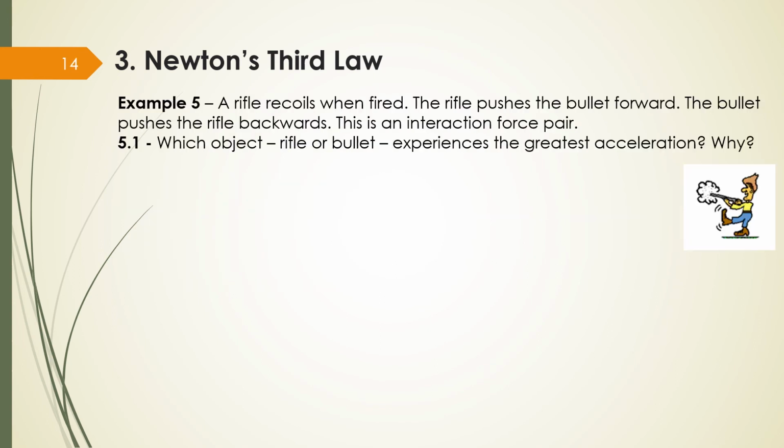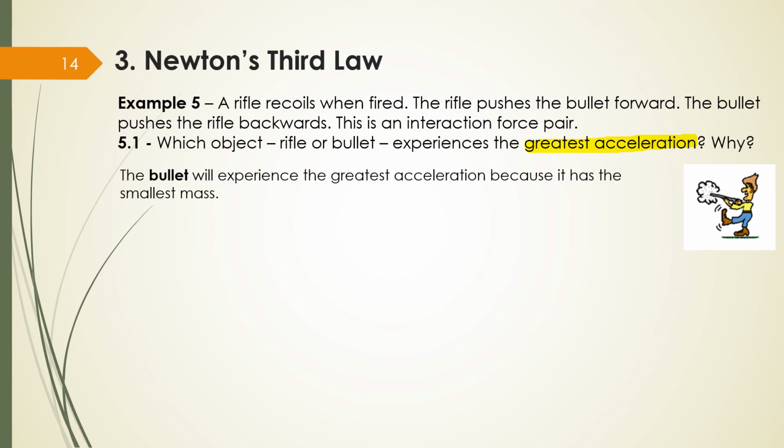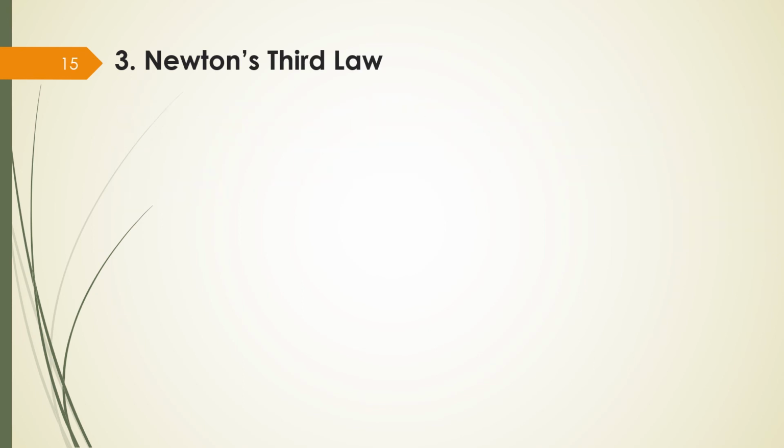Now the same question. Which of them has the greatest acceleration? The bullet or the rifle? The bullet. Why? It has the greatest acceleration because it has the smallest mass, okay? So, in summary,